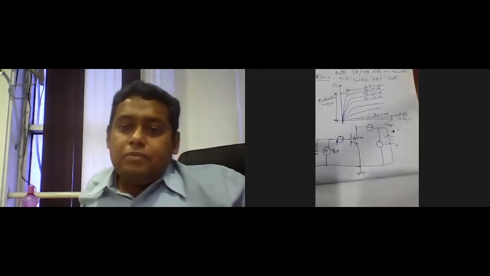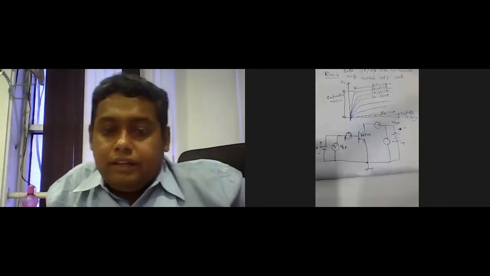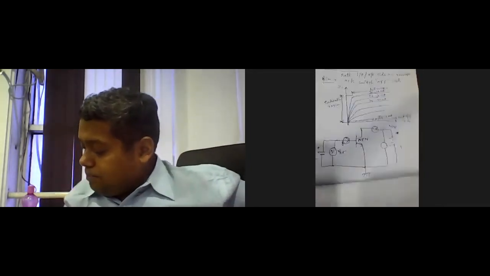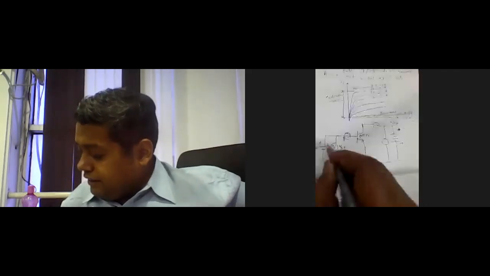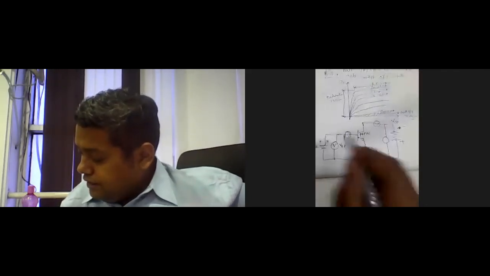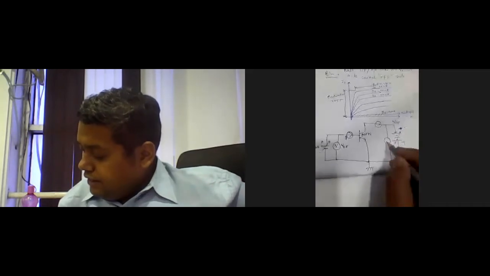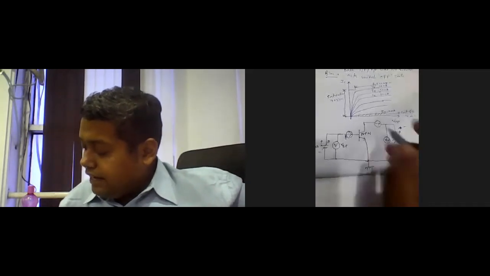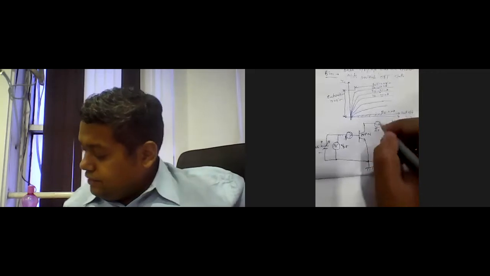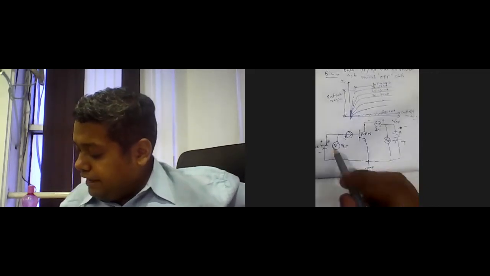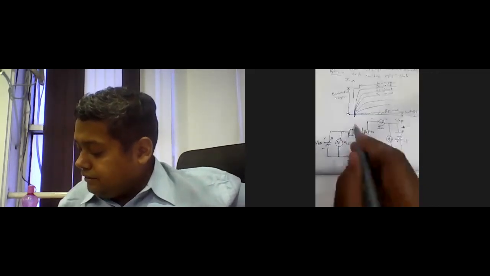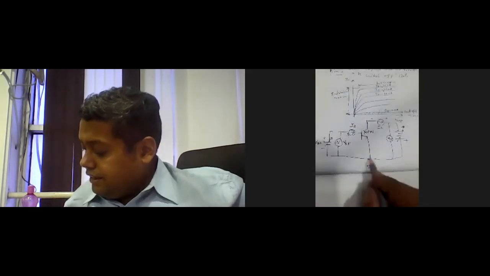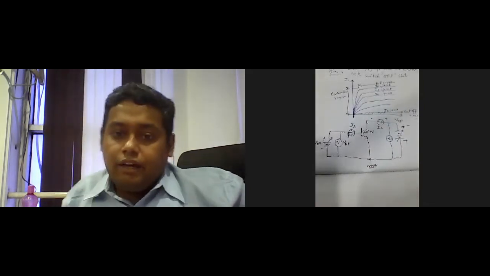So this type of arrangement we can introduce in our laboratory. The input supply voltage is applied. Here also they apply the supply voltage. This is considered the VCE. This current is considered as IC. This is VCE, this is VBE. This is IB, the base current, and this is the ground terminal.